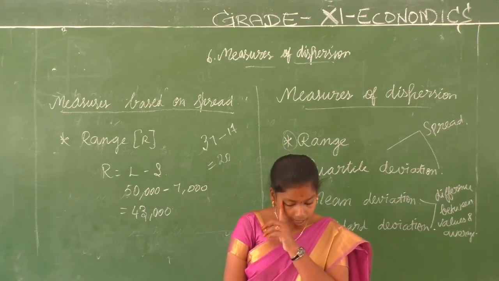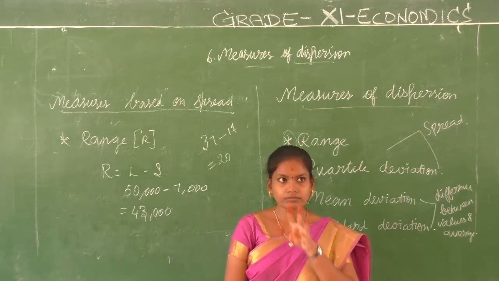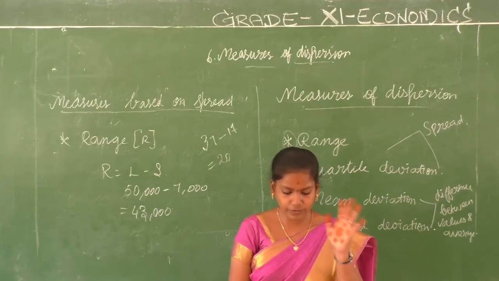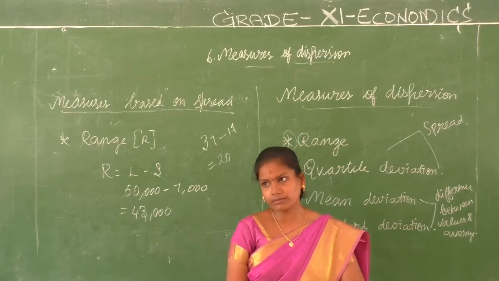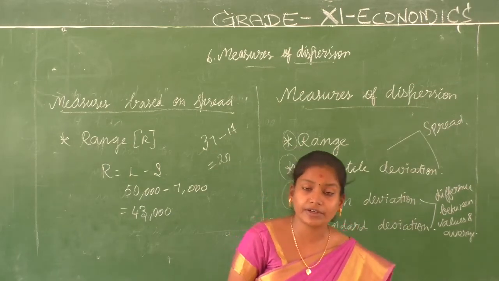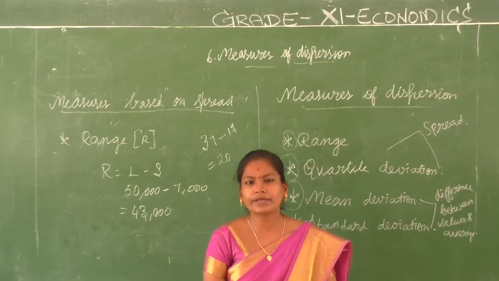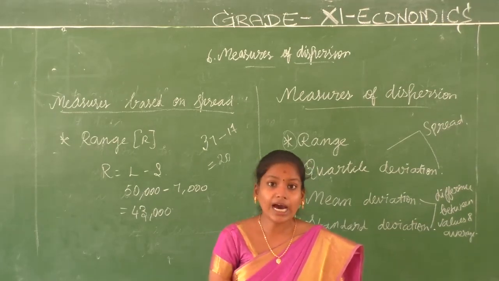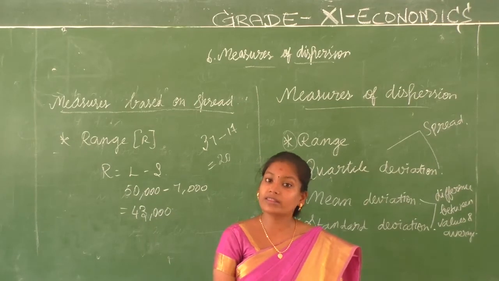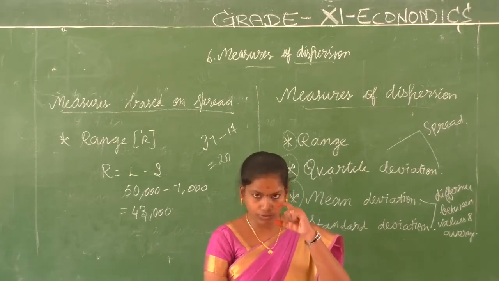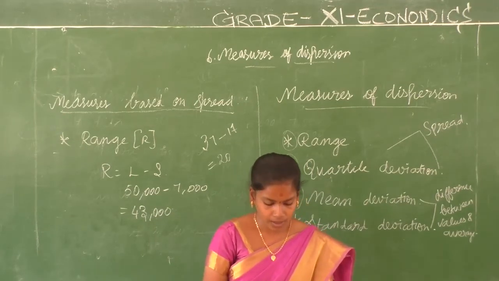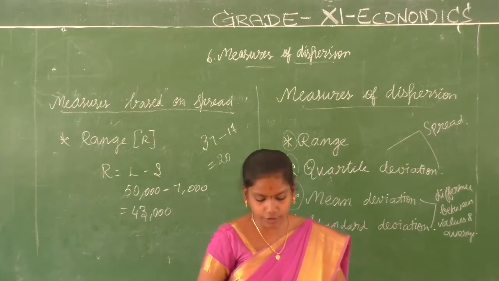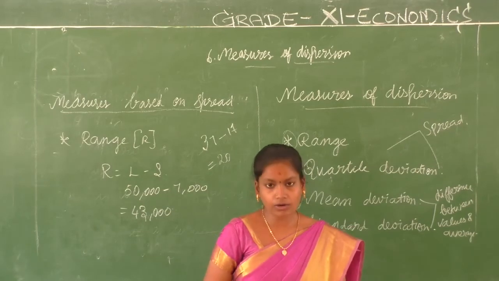At the end of the session I want to solve a problem. I am just going to give you a hint of the problem that is given on page number 72, exercise sum of chapter 5, measures of central tendency. Finding a missing value is there, right? Arithmetic mean is given. You have to find the missing value. So I am going to do only that part. I hope you are doing all the sums. If you have doubts, yes of course, feel free to reach out to me.